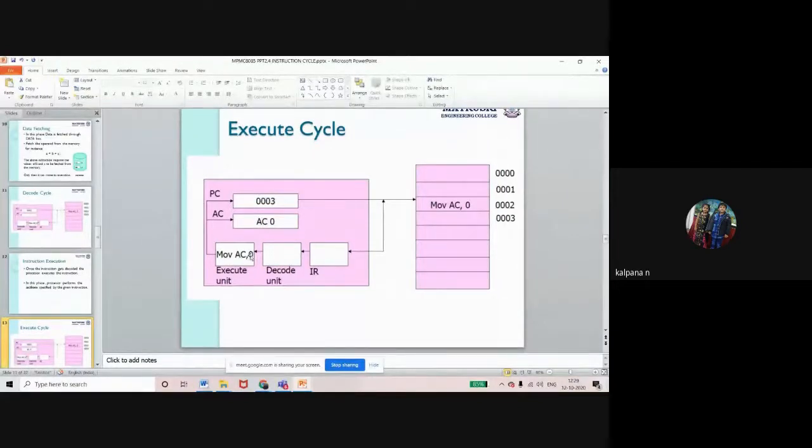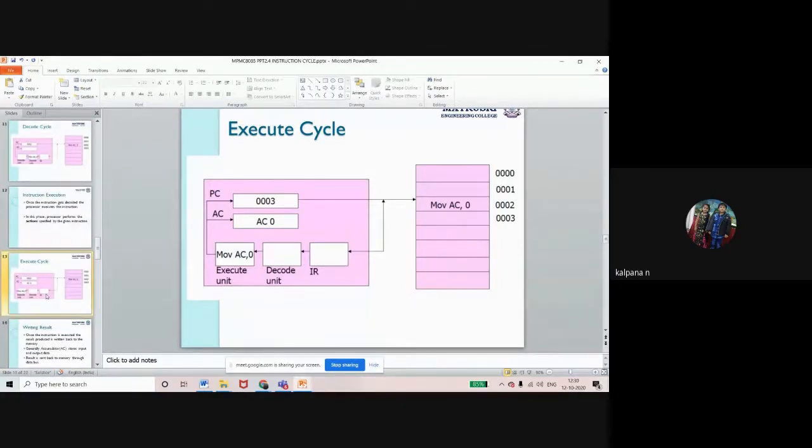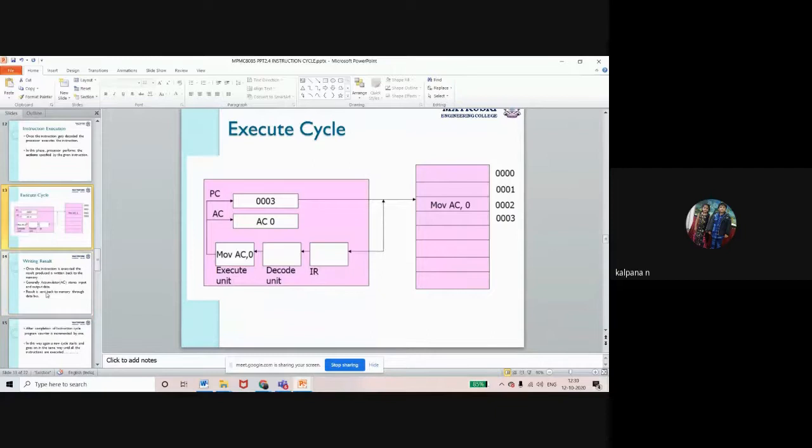Then data is fetched if there is any, and it is given to the execution unit, which executes based on the operation. The processor then goes to the next memory location in the program counter, 004, checks if there is any instruction, and executes it. This is the instruction cycle.